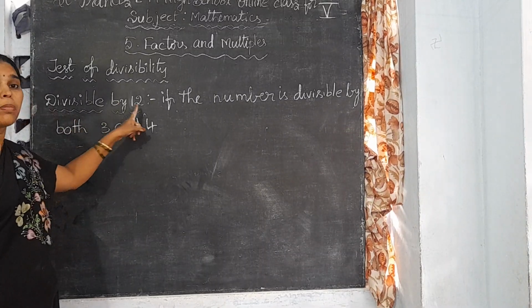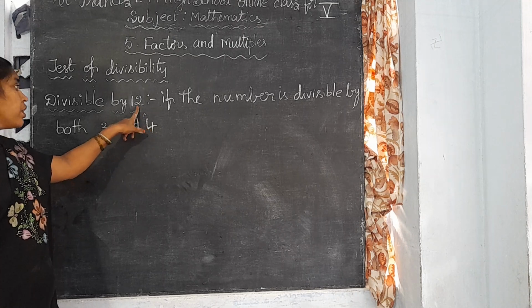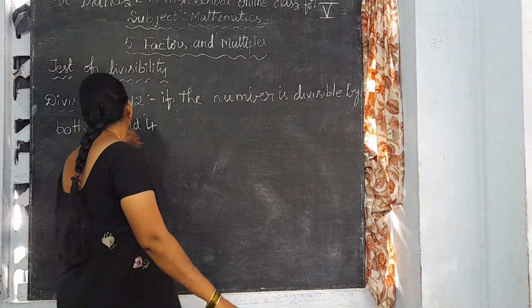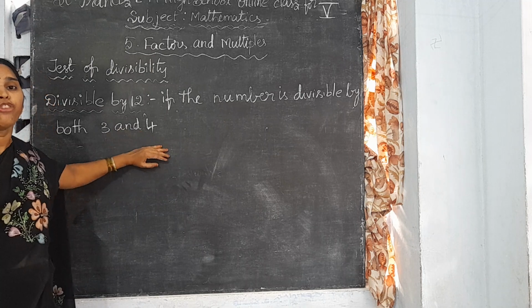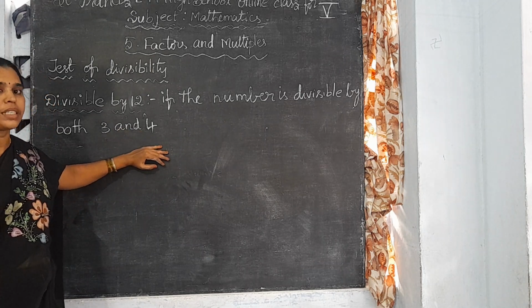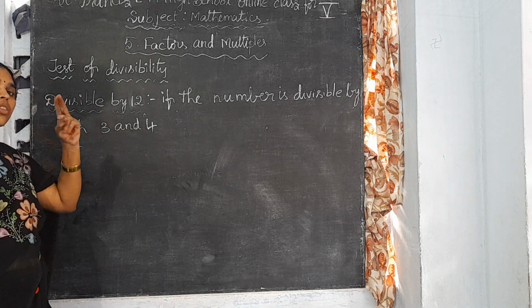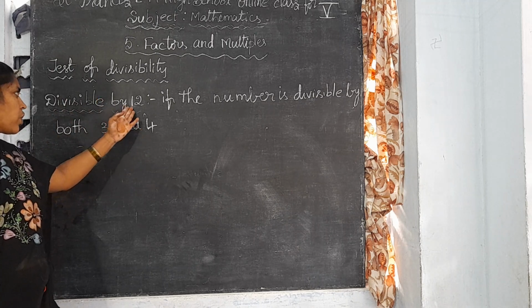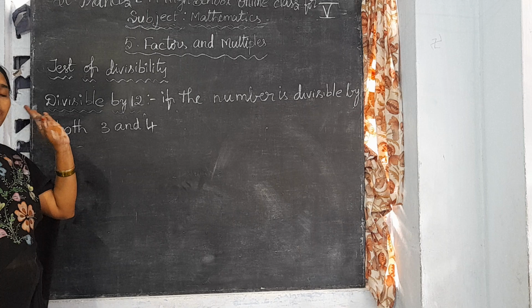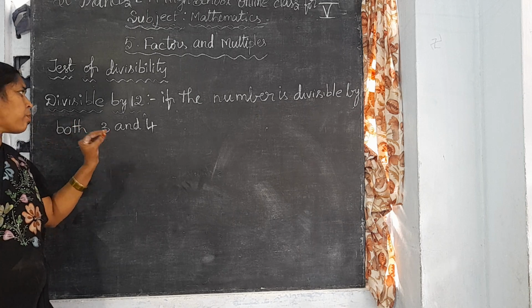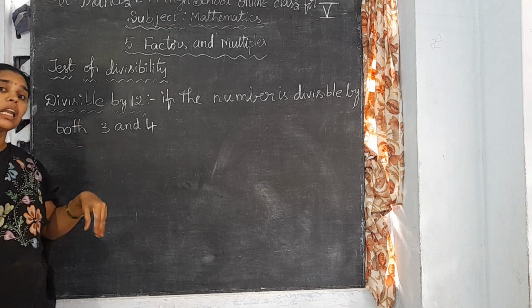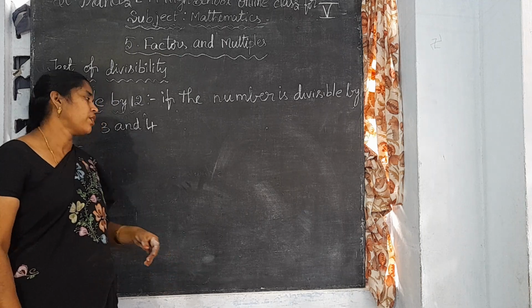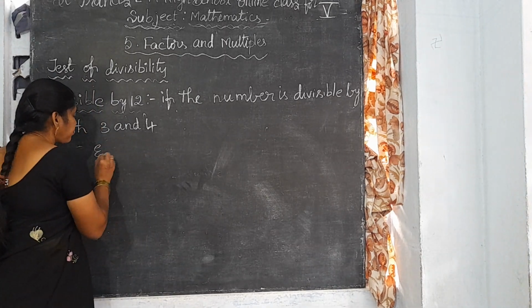See, now divisibility by 12. If the number is divisible by both 3 and 4, it works the same as 6. In 6, both 2 and 3. Here 3 and 4 for 12. Okay, divisible by 12. If a number is divisible by both 3 and 4, then the number is divisible by 12. For example,